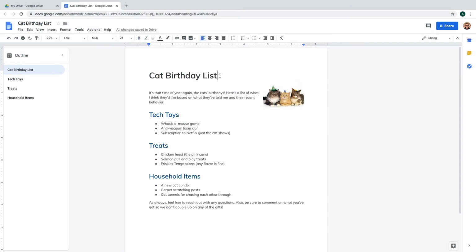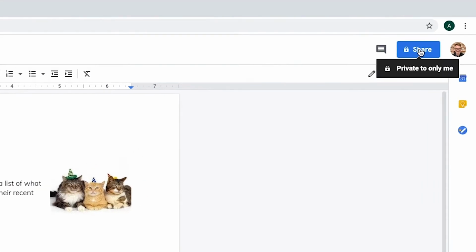I've got a nice little birthday list going for our cats, and I need to share it with my wife so that we can do our shopping. Luckily, sharing Google Docs is pretty easy. If we go up to this big blue share button at the top, when we hover over it, we get